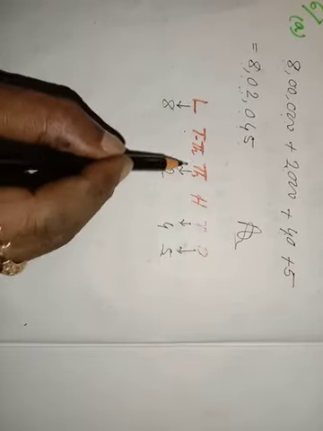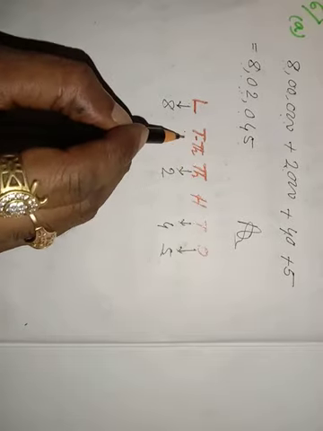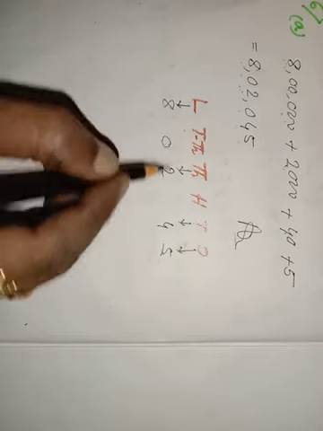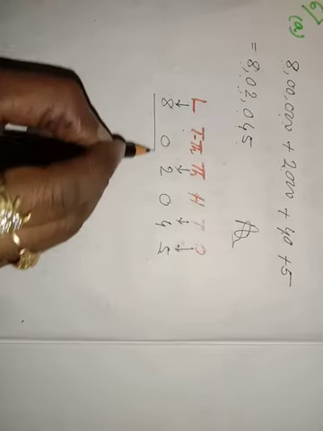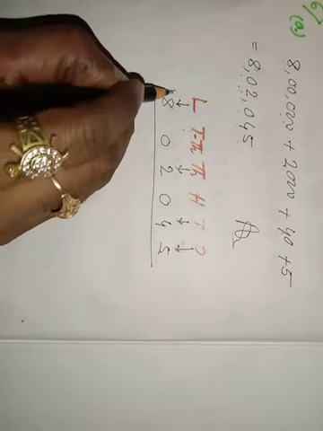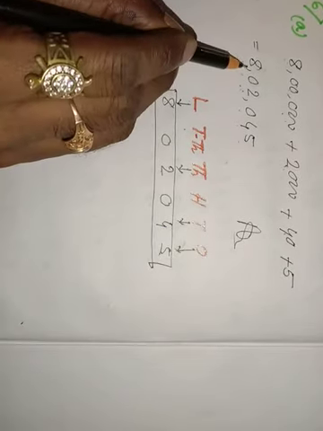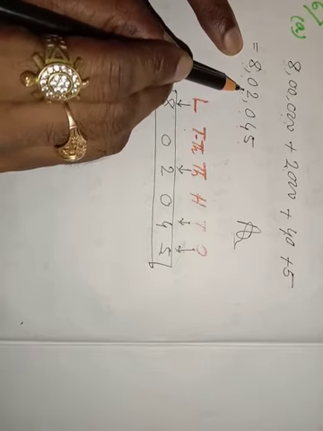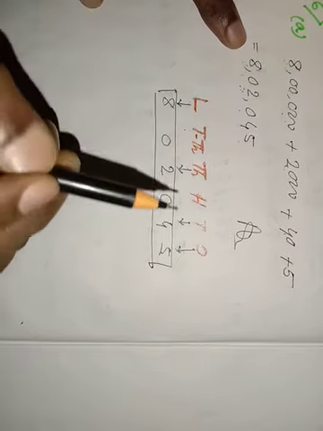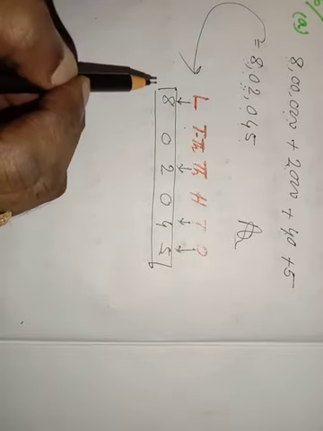The remaining places, what do I write here? I have to write here 0. Means here 10,000 not given, I have to write 0. 100 place not given, I have to write 0. Now this is the complete answer of the given number. Okay, I am writing this in short. 8,02,045. This is the answer. I am writing it short. Okay, I think it is clear for you.